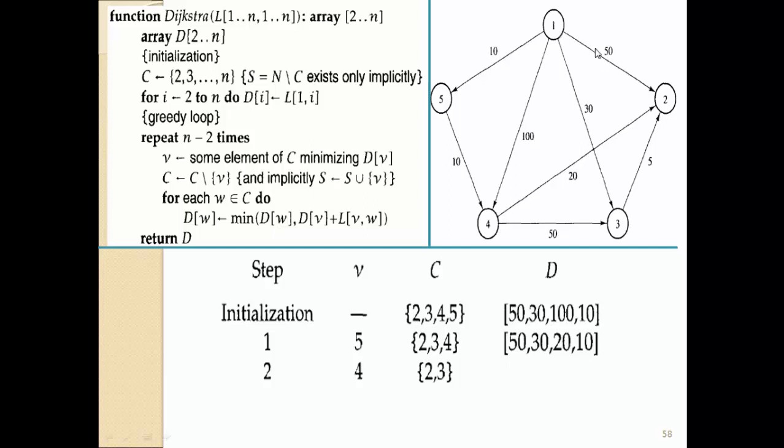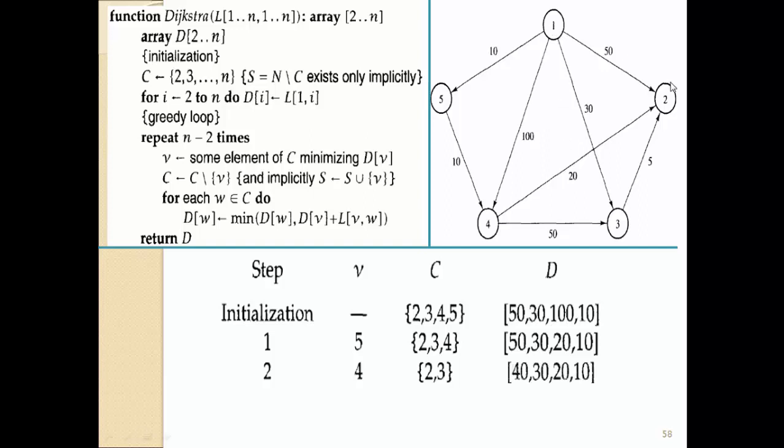2, that is our 50. So this is a 50, and the other path, the indirect path, has a length of 20 plus 20, that is 40. So this is a 50 and this is a 40. So which one is minimum? So 40 is minimum. So we have to store 40 in place of 50. So the next value will be 40, because